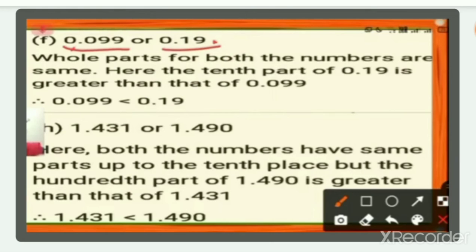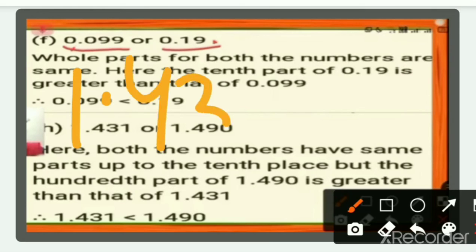Now moving to the H part, we have 1.431 or 1.490. Here both the numbers have the same parts up to the 10th place, but the 100th part of 1.490 is greater than that of 1.431. Okay, so here we have 1.431 and here we have